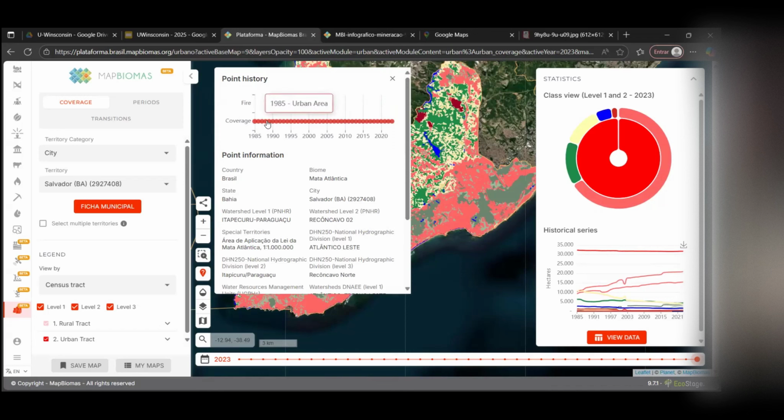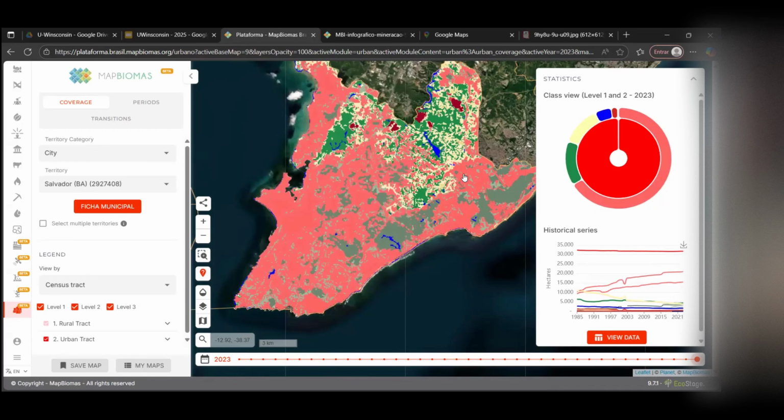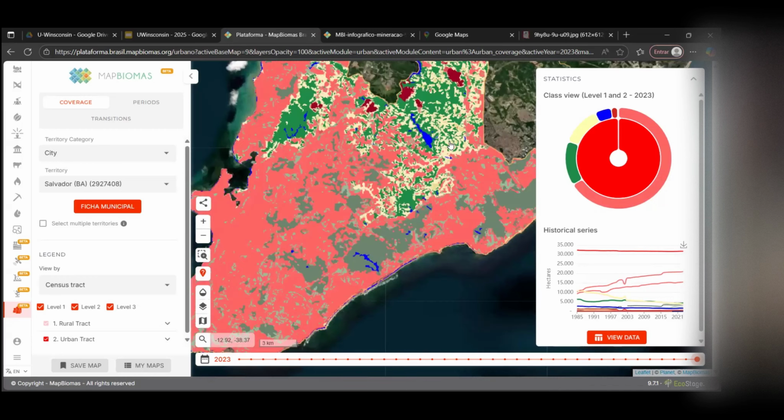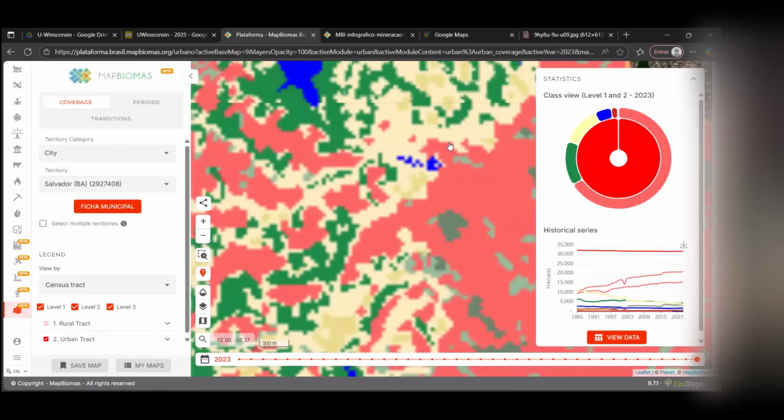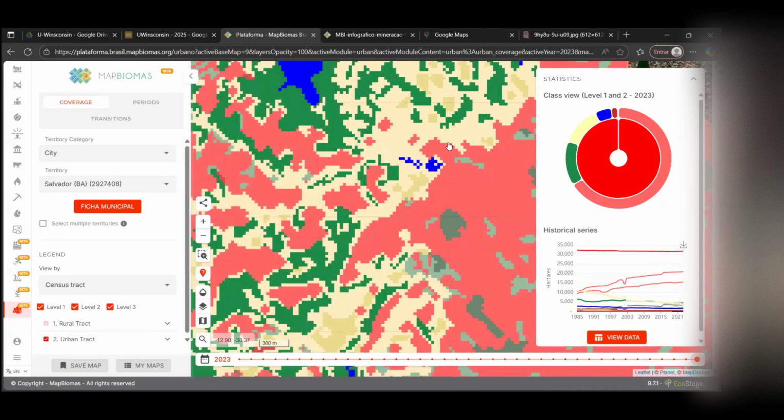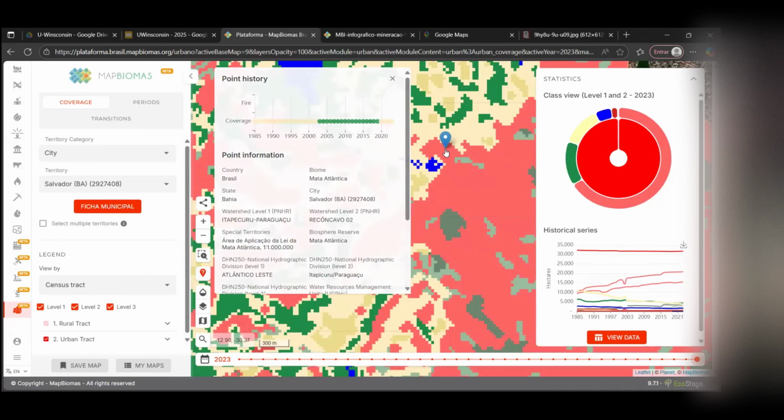So it was always urban, never burned over time, always urban. But if I go, for example, to the outskirts of the city, to the places that I know had way more recent urbanization, and I click in this point, you're going to see a very different story.